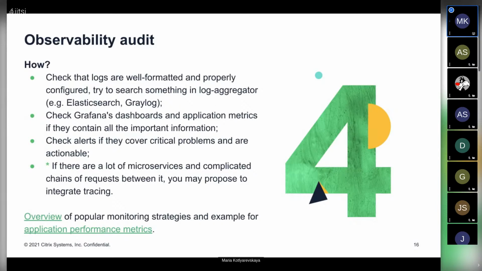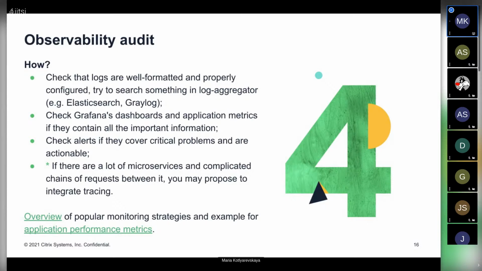usually if an application has some metrics, then it will have some dashboards in Grafana. If there is no monitoring, I think there are no dashboards, and you can start by helping to define what metrics should be added to the application. And it's not that hard.